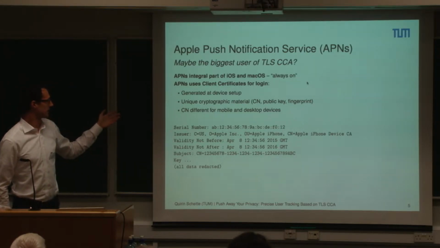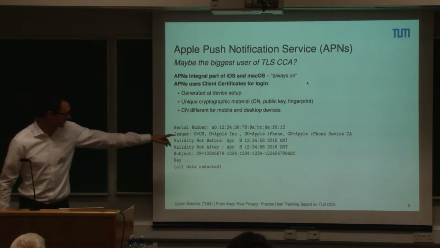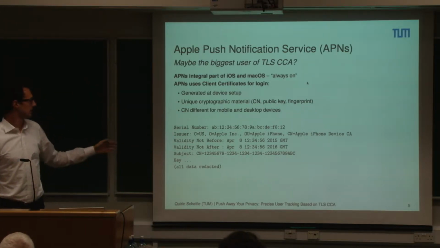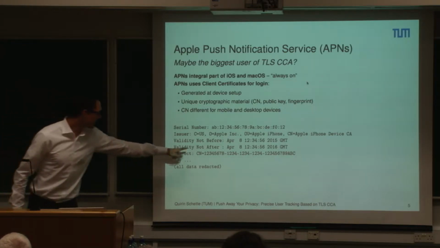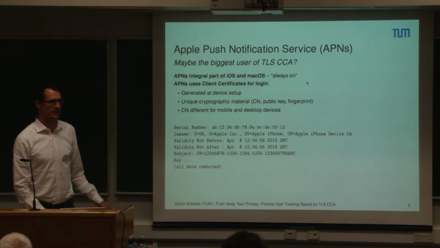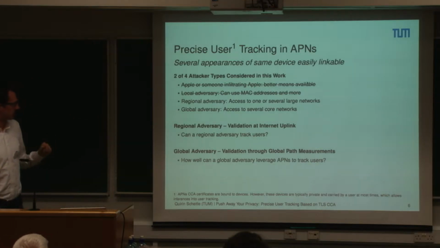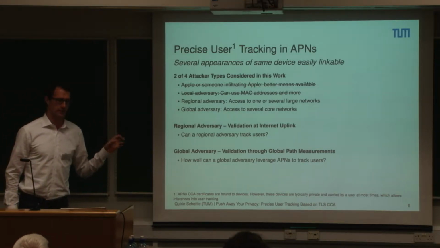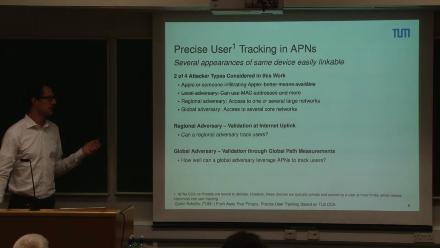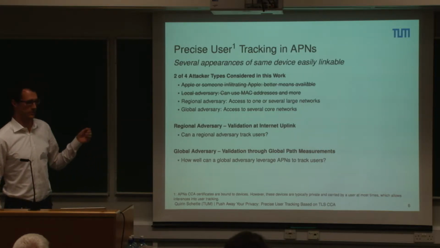And they use client certificates, and these are unique. So they are generated at device setup with a timestamp precise to the second. They have a public key, which is very long and unique. They have a common name, a subject, a serial number. Great for tracking devices. So you have really unique information, and it's transmitted basically all the time. So here we look at user tracking, and I must say the certificate belongs to the device, but I carry this phone all the time, so it is reasonable to correlate it to users and say this device typically matches to this user.